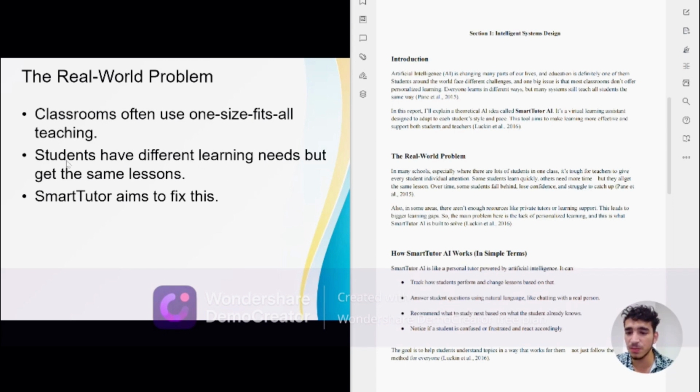Students have different learning needs but get the same lessons. We need to make that different in a way that makes the students more focused and helps them to achieve according to their capabilities and the time they need to keep up with the lessons that they get from their university.